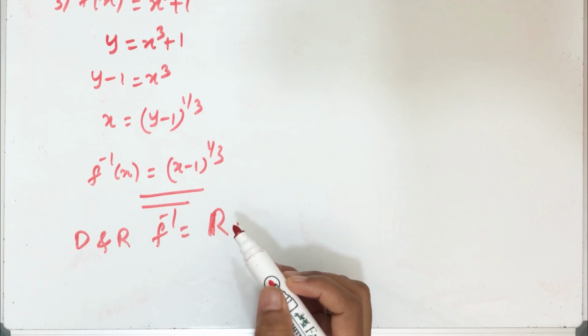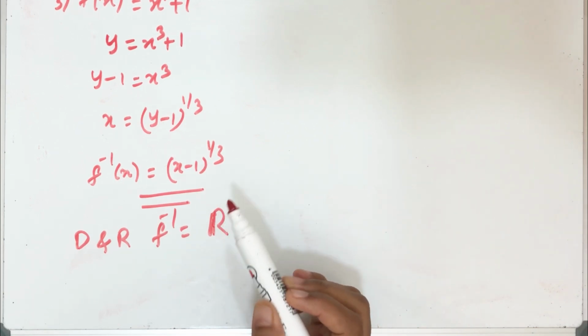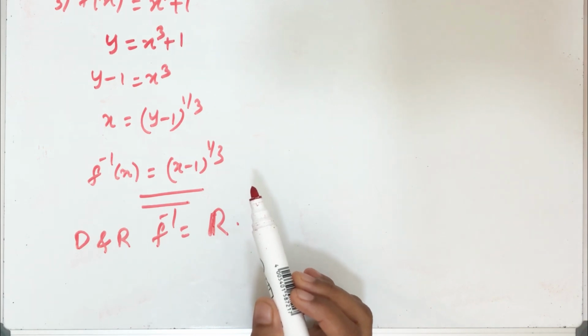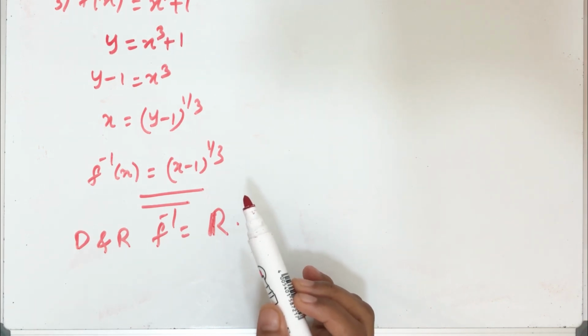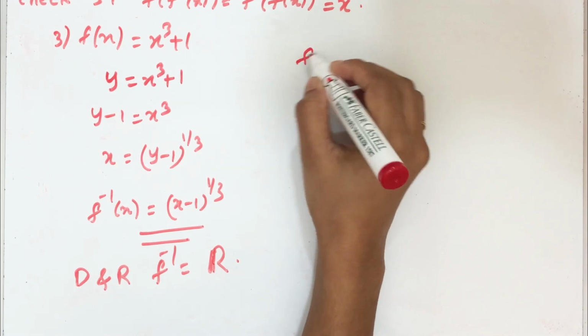It will not affect our one-to-one functions or anything. We are specifying the domain because the inverse exists only for one-to-one functions. So while considering one-to-one functions, domain is important. Next, f of f inverse of x